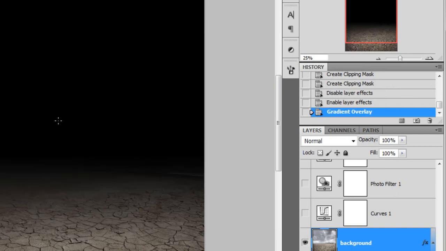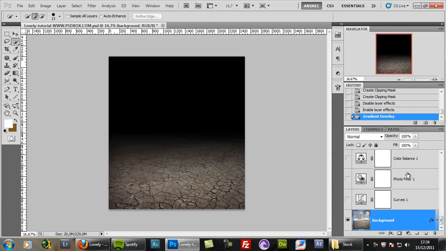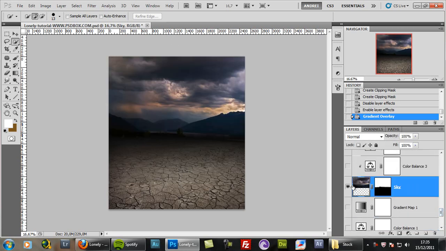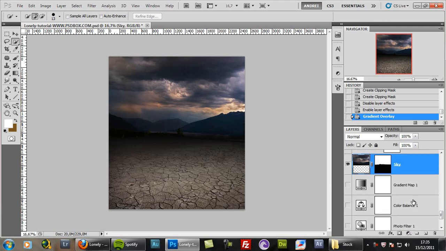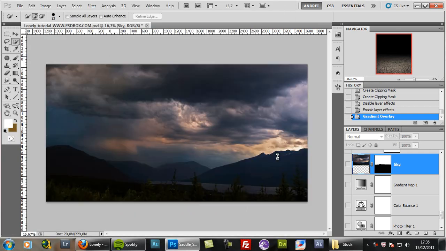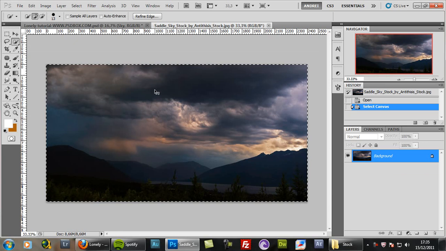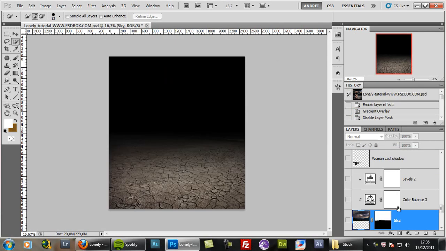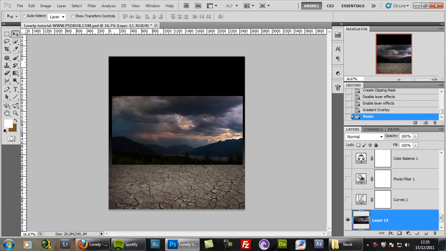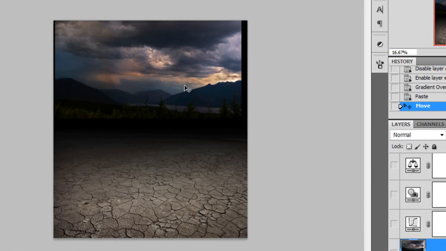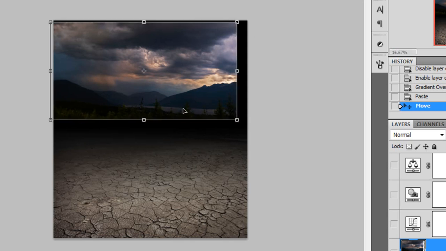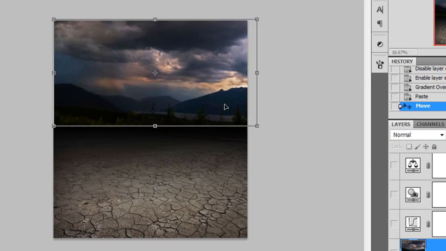Okay, once you have this, you can open the sky image and paste it on a new layer on top. Right now I have all these adjustment layers, but let me open the sky so that you can see. So Control A to select everything, Control X to cut, close, and paste it on top of the background. You can see that this stock image is not wide enough, but you can resize this to cover your canvas and